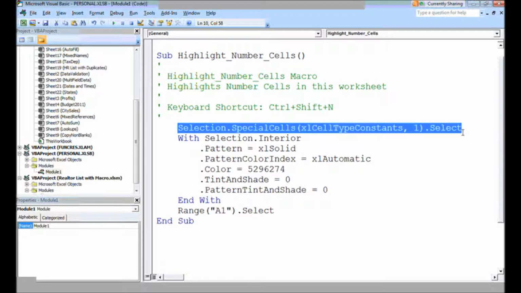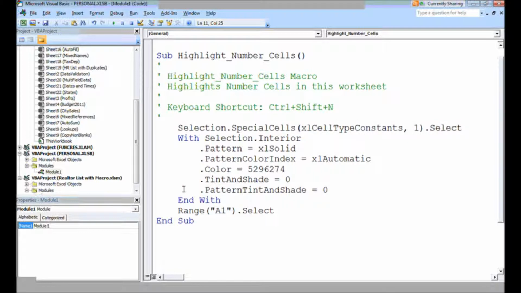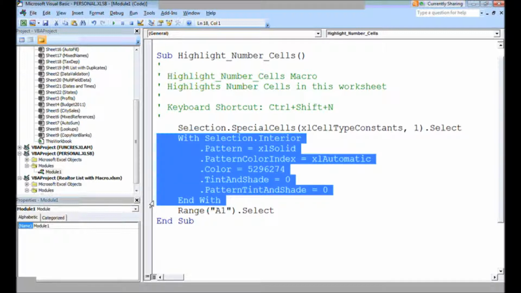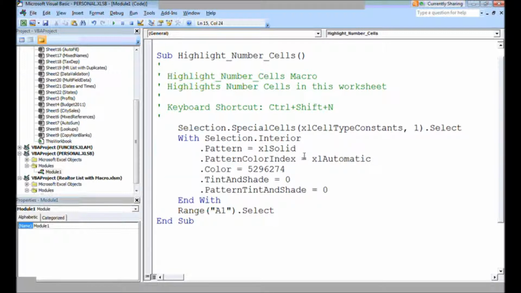Now, am I going to worry about that and would I have ever typed it? No. I then highlighted the cells with a certain color, that pale green. All of this gets translated into this code here. Am I going to worry about this? Do I really care what all this means? No, not at all. Now, I'm kind of, on the one hand, making fun of this and ridiculing it, but at the same time,